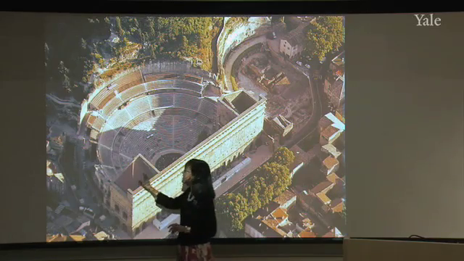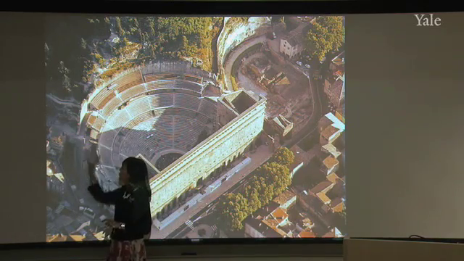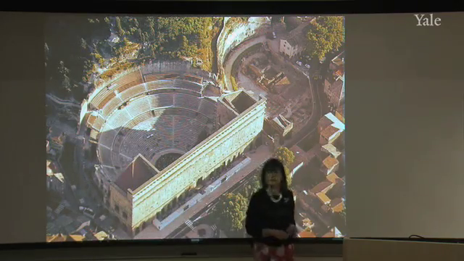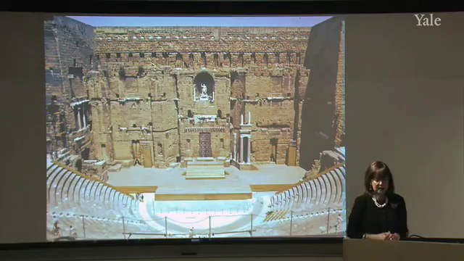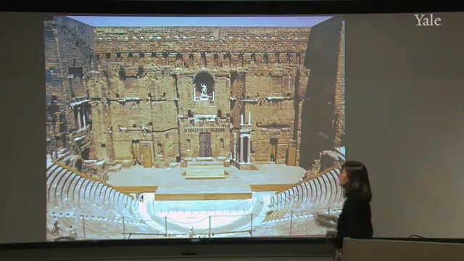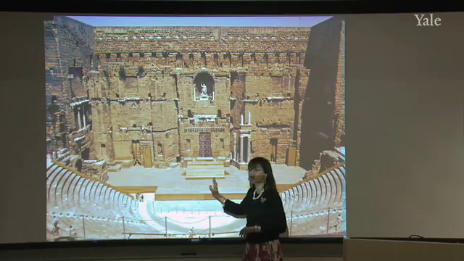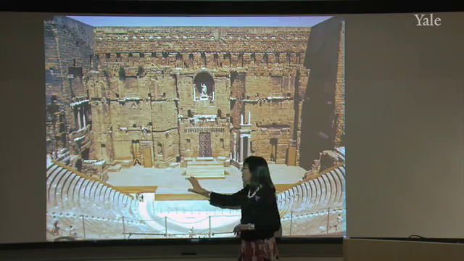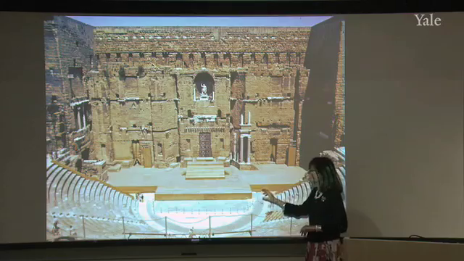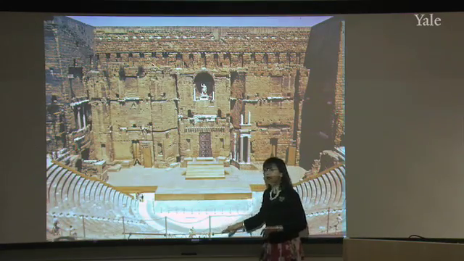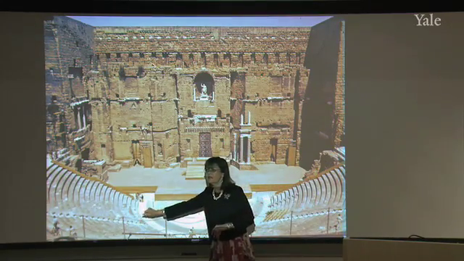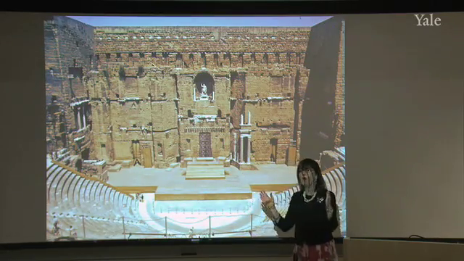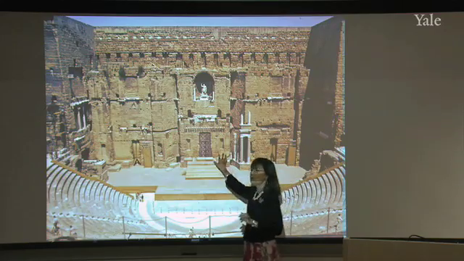So they took advantage of that hillside, and they supported the cavea of this structure by that hillside, as you can see extremely well. The interior of the theater at Orange is also extremely well preserved, as you can see here. You can see the stage, you can see the semicircular orchestra, you can see the stone seats of the cavea, and you can also see the stage building, and because the outside retaining wall is so well preserved,